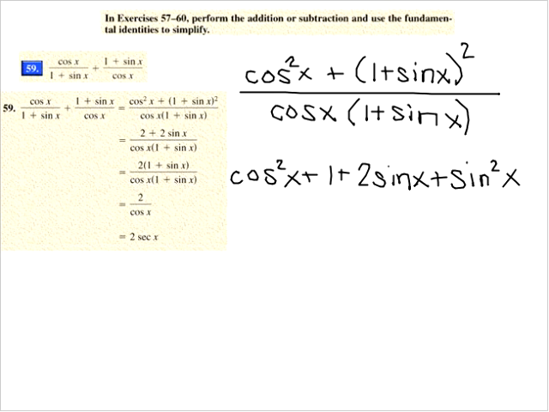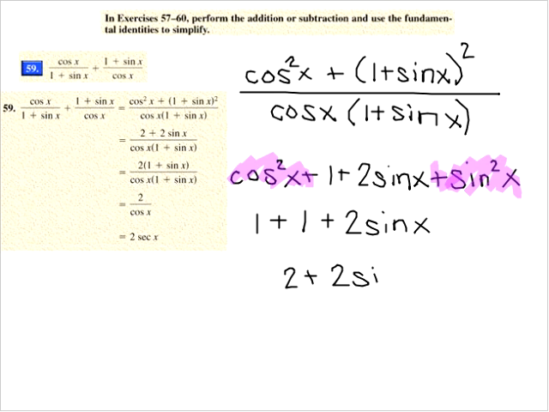Now I can rewrite this. Again, what is cosine squared x plus sine squared x? That's the same thing as 1 using that Pythagorean identity. Replacing the highlighted portion with 1 and combining like terms, I get 2 plus 2 sine x all over cosine x,